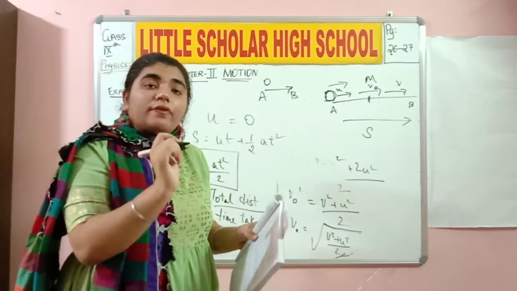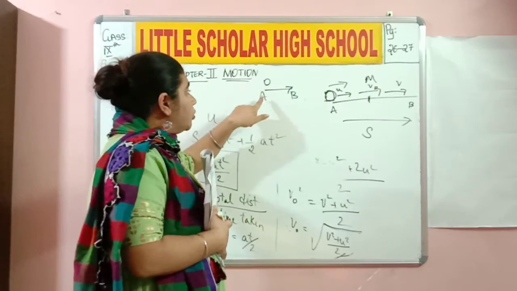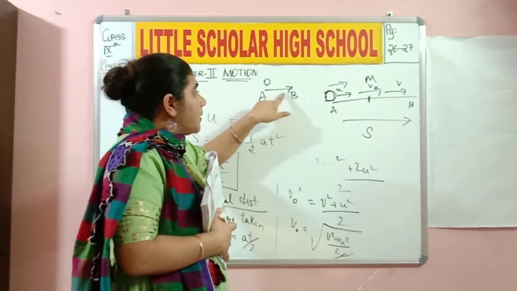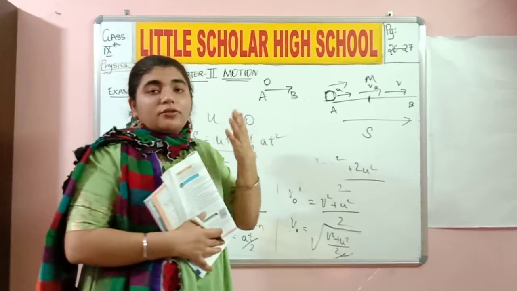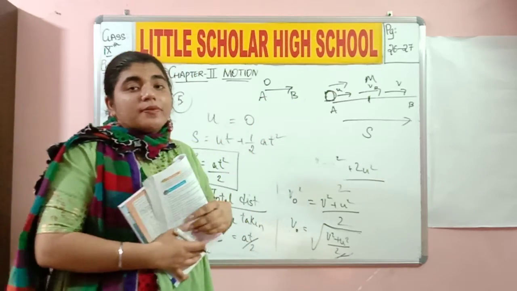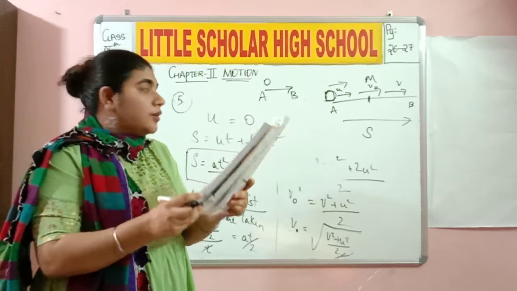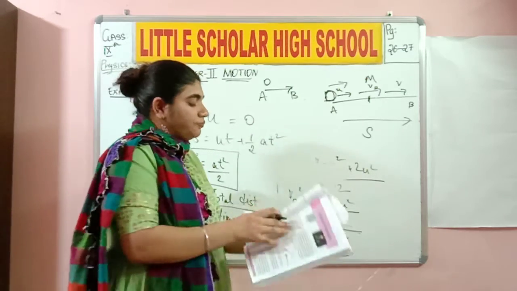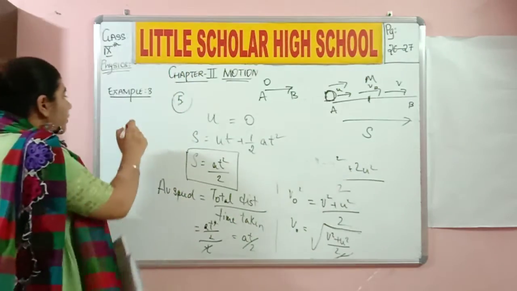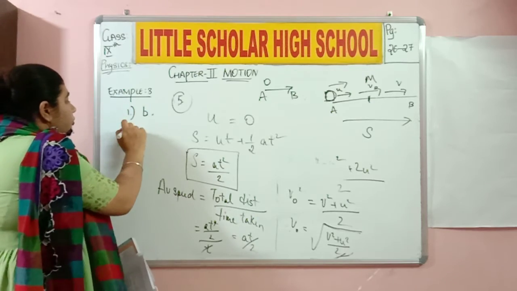The distance traveled by an object. This is the object. It is traveling a certain distance in a specified direction. What is this? It is displacement. We have done this so many times in the entire chapter. So first one is going to be option B. Okay, so I'll write it down over here. First one is option B.